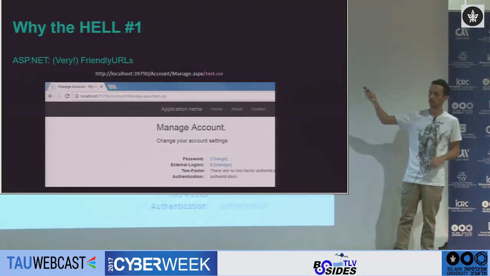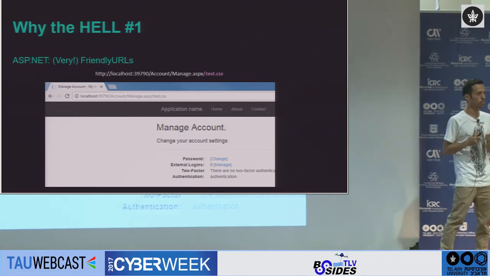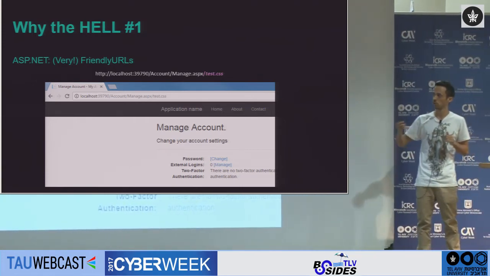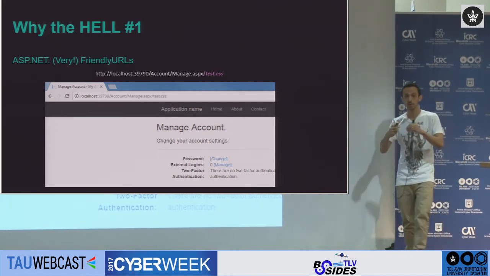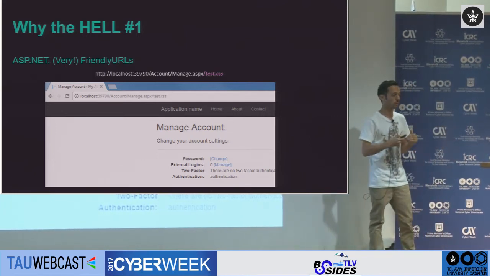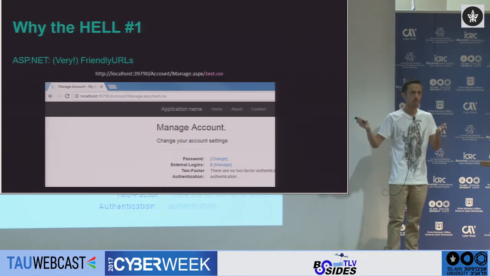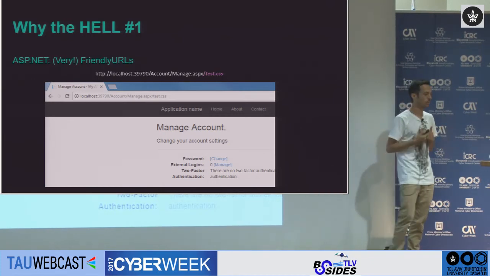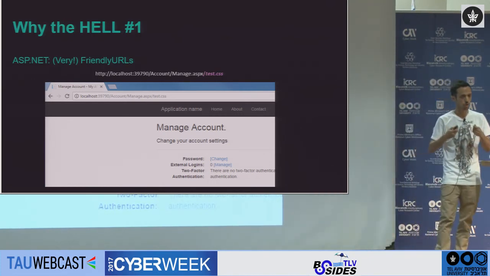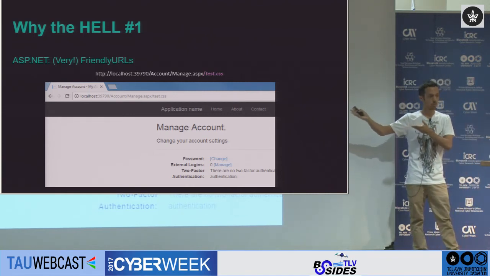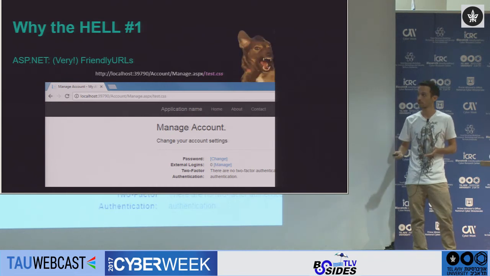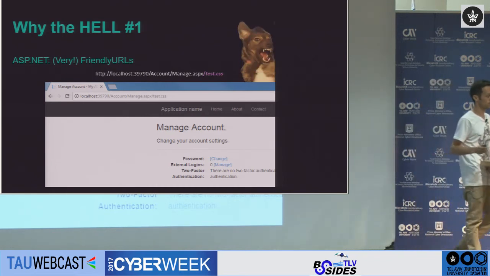Because now the ASPX extension is not removed from our URL, the web application looks for the account directory, and inside it specifically for the manage.aspx page. Once it finds it, it doesn't care what comes next. Test.css, it just disregards it and returns a 200 OK response, meaning the URL stays the same with the content of the user's manage page. So that's also fantastic for us, right?